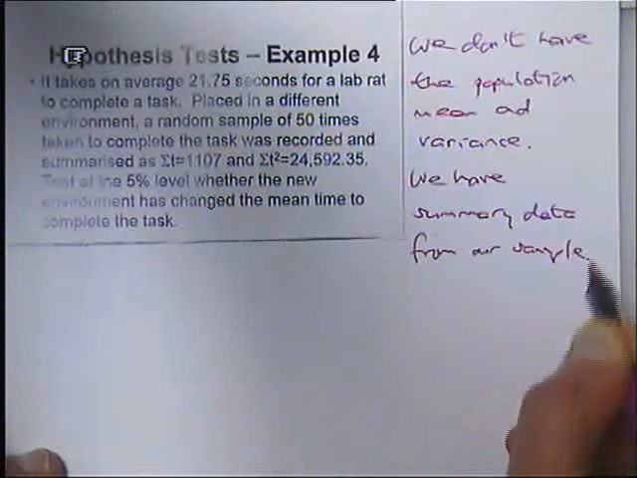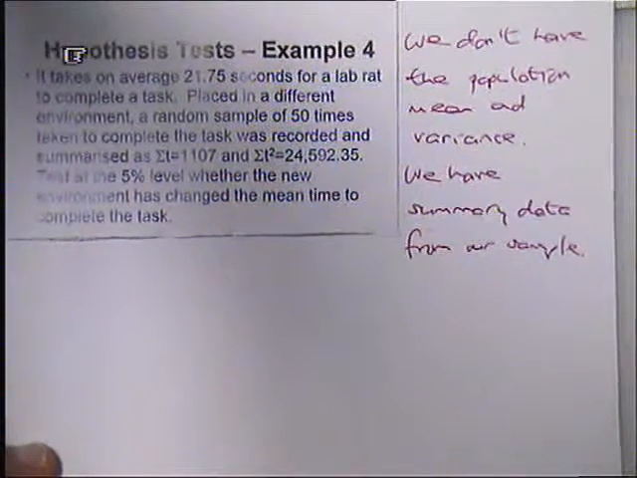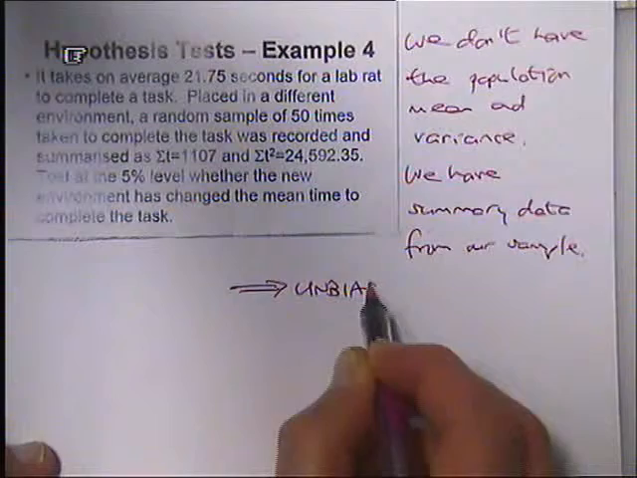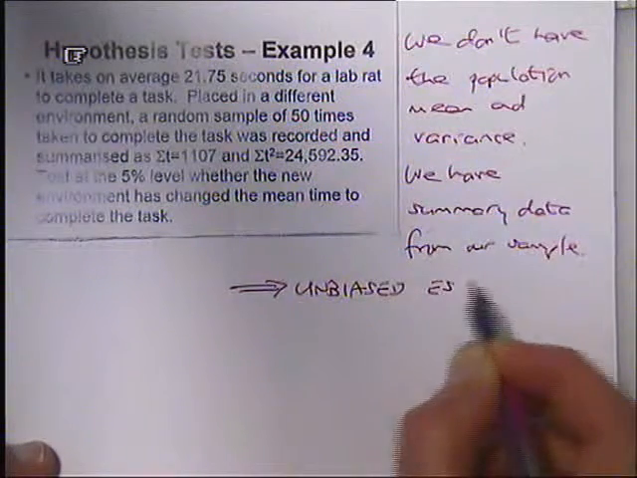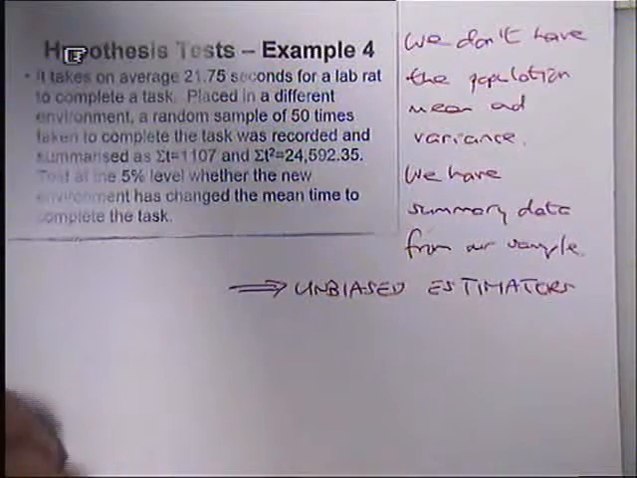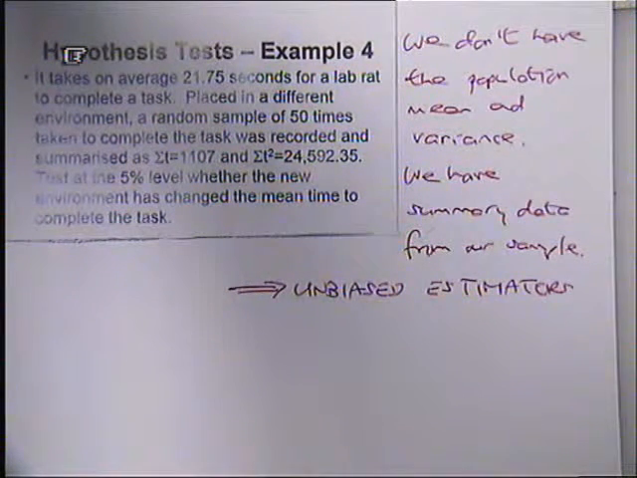So, what's the implication of that? You have to work it out ourselves. Work what out? Mu and sigma squared. Using what technique, process? Unbiased estimators, yeah. So we will need to use unbiased estimators somewhere in this question. Okay, so that's why this question is in here. Let's go back to the beginning first of all, and we'll work those things out as we need to